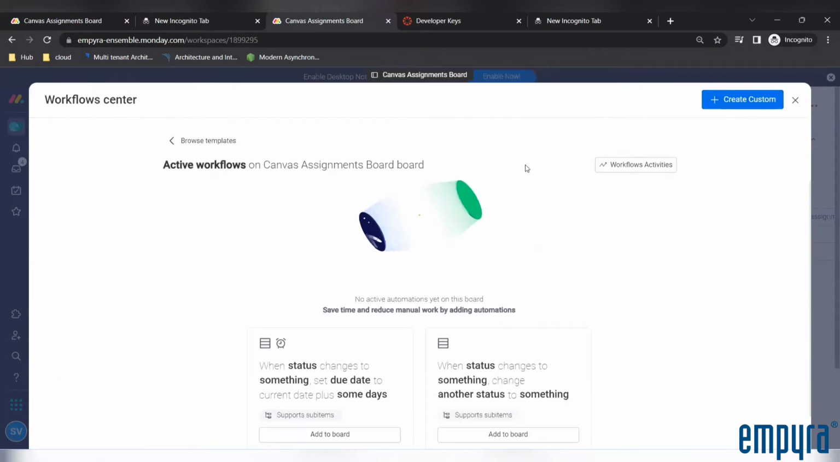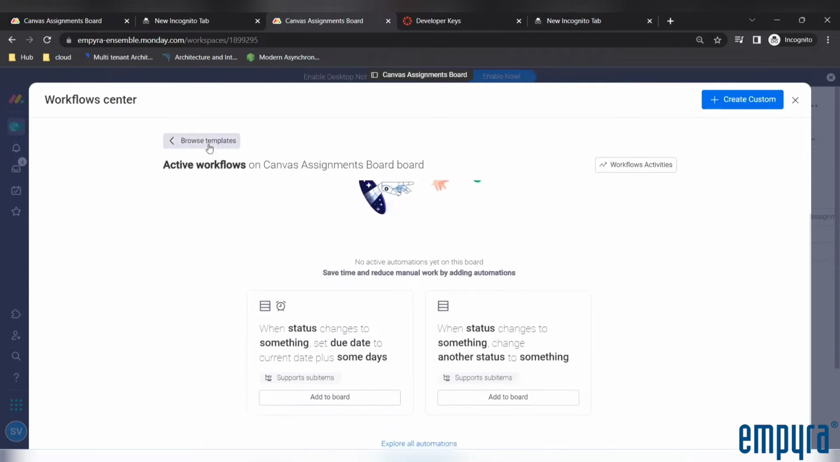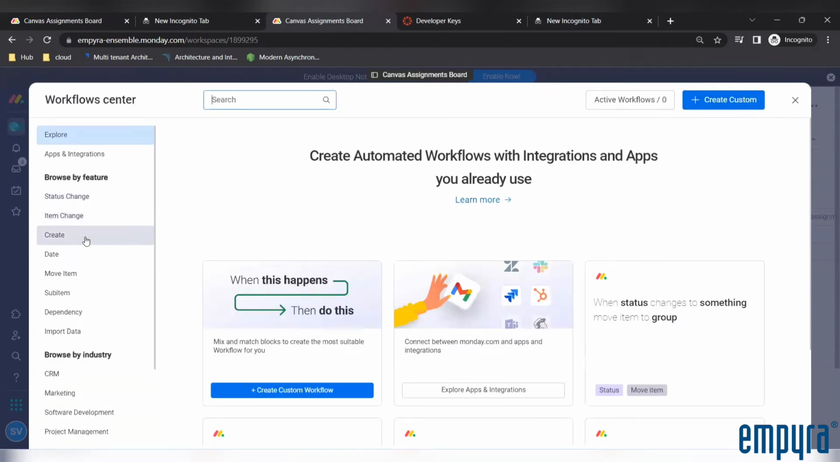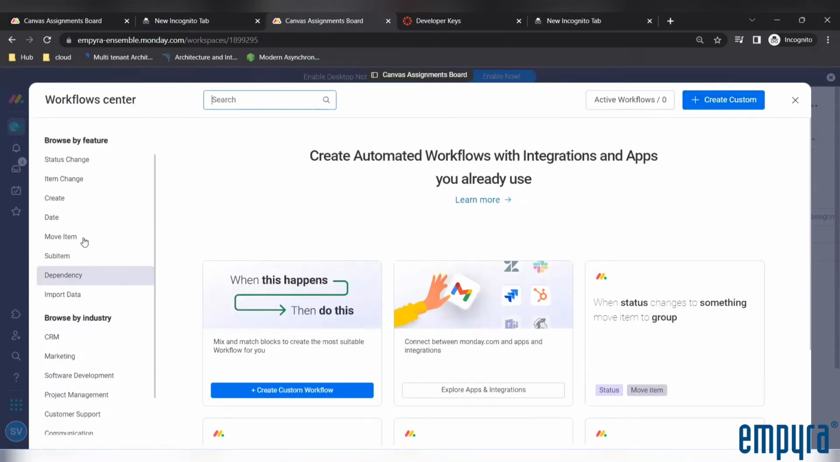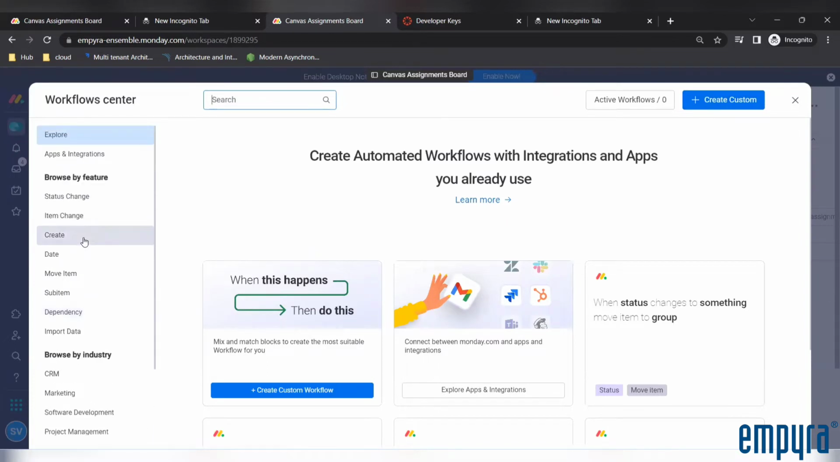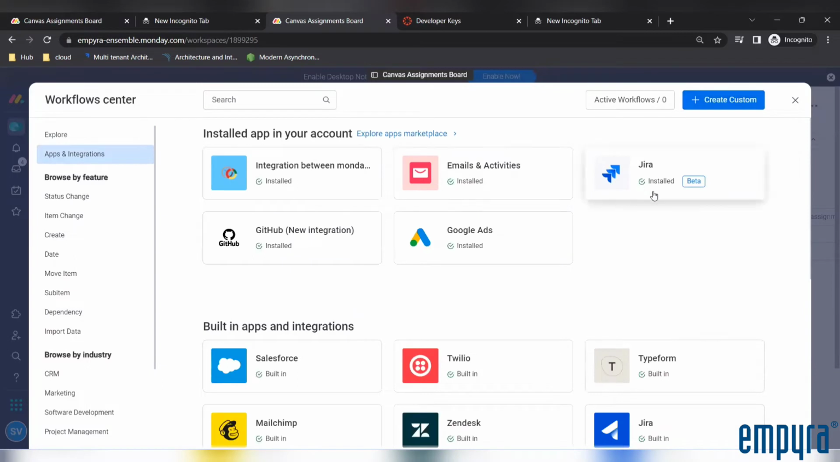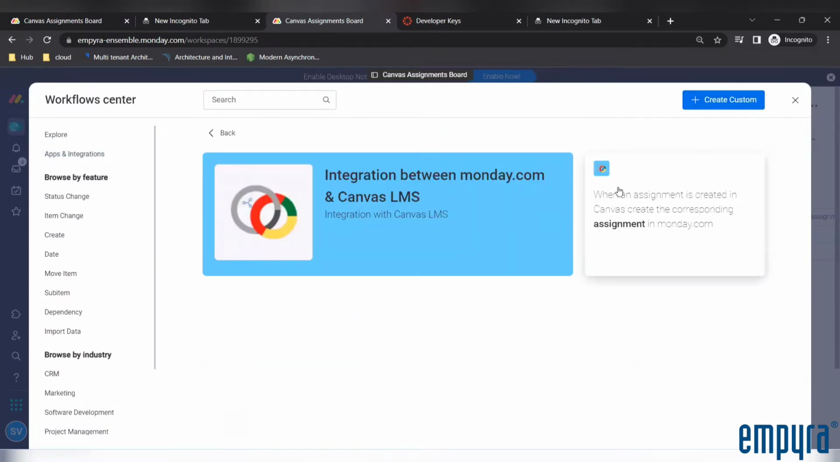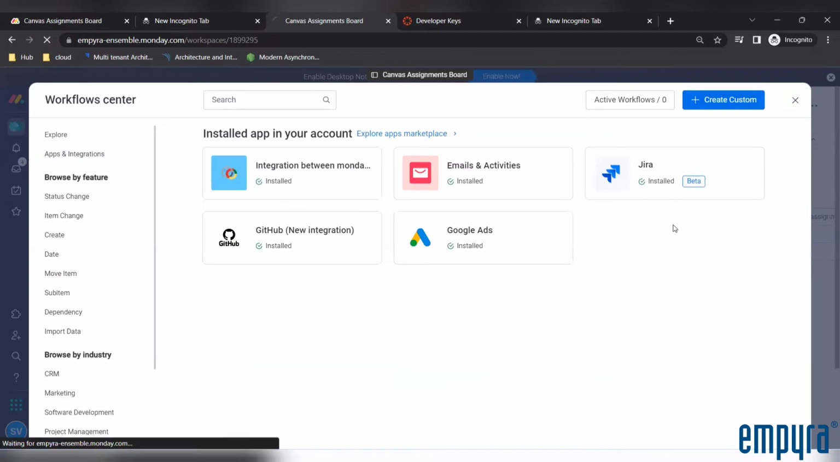Active workflow, choose a template, integration recipe, apps and integrations. These are already installed. Yeah, you can see here the integration between Monday.com and Canvas LMS. Now what you have to do, you click on when an assignment is created in Canvas, create the corresponding assignment in Monday. So when you click on this,